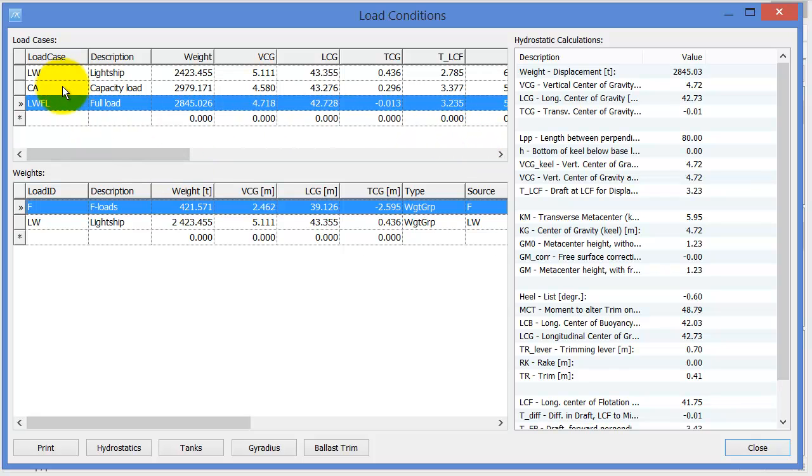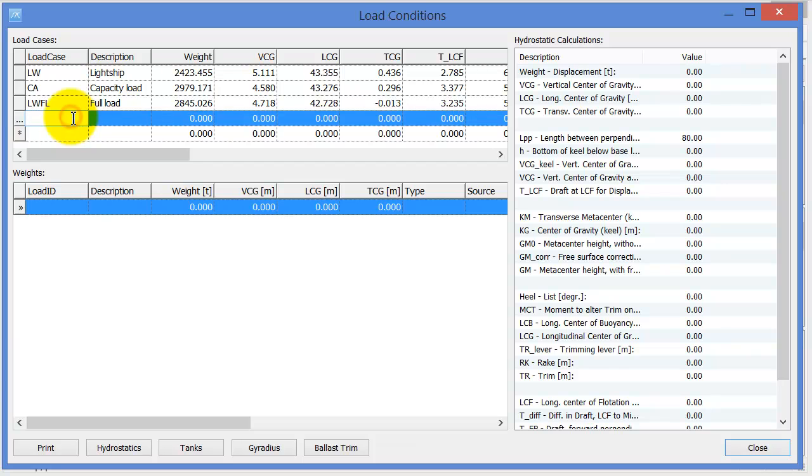All of these have only 1 or 2 lines here, but you can of course have any number of lines for the definition of the condition itself. Now we will look into a couple of other ways of creating loading conditions beyond just referencing weight groups in the main hierarchy. So let's make one that we call